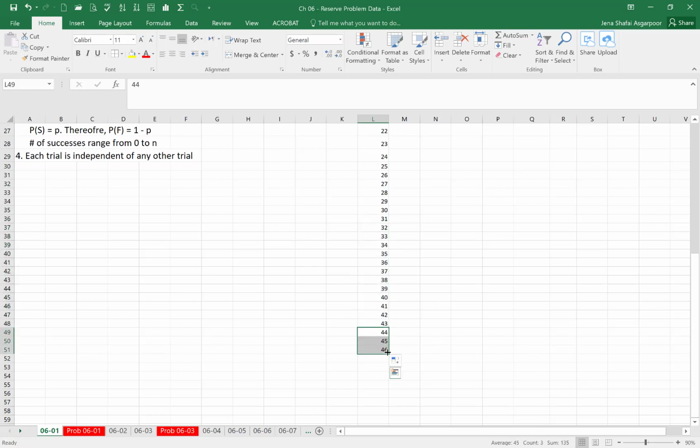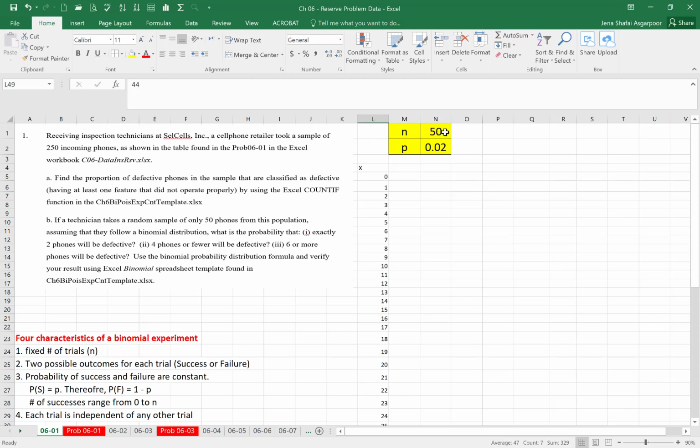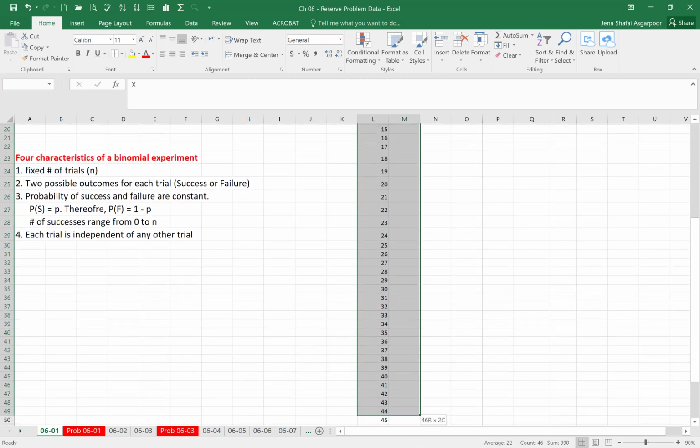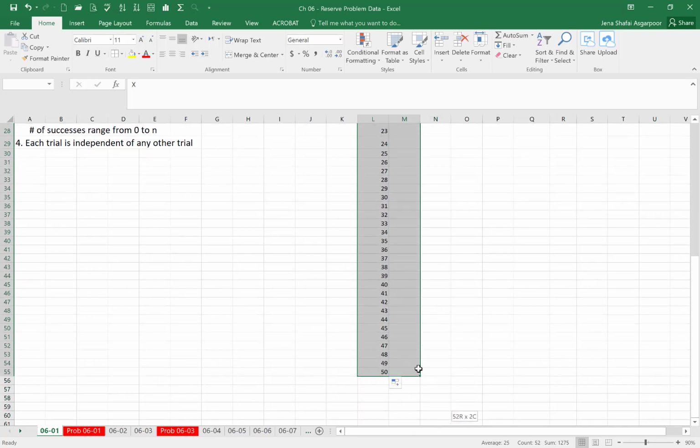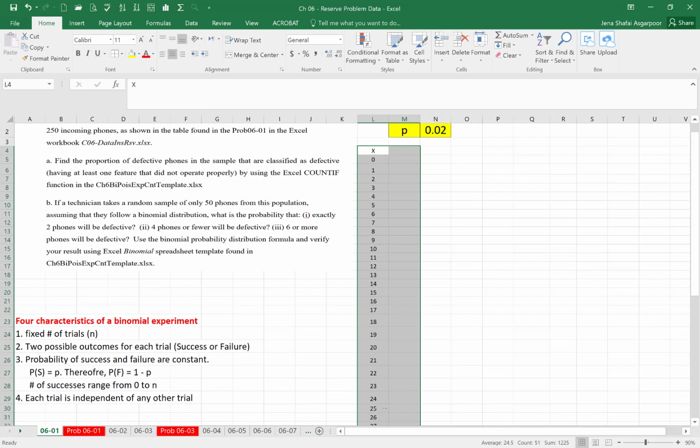Okay, so we have our X's up to 50, which is the number of trials, and then I'm going to fix these so that they're centered,